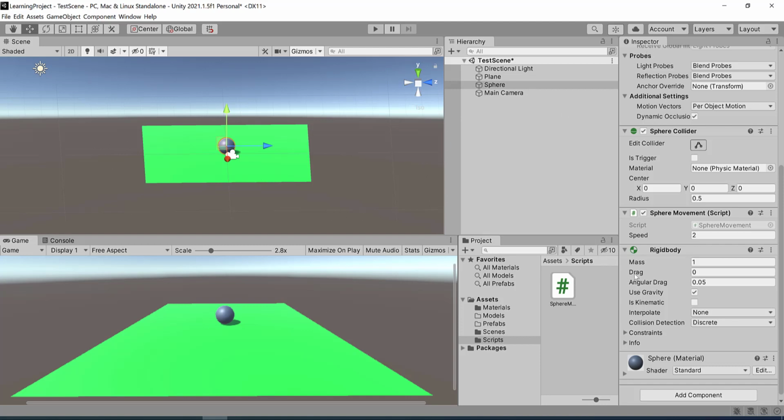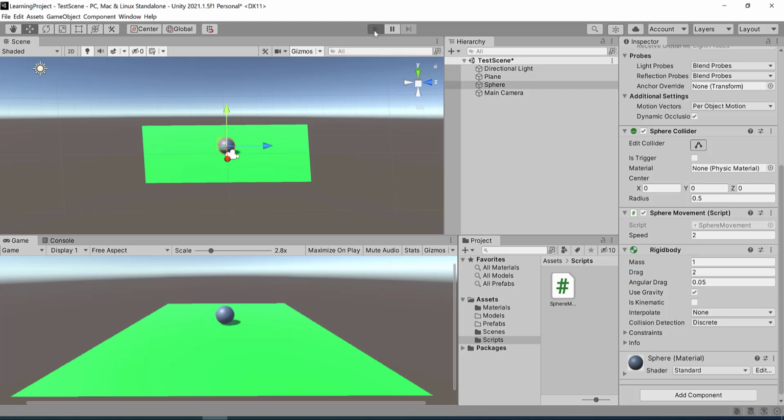You can see here the drag value. So change this drag value to 2. This is the friction force, by the way, and this is basically called air friction. So this is going to stop this sphere when you release the keys, so it will not continuously keep moving when the game is running.